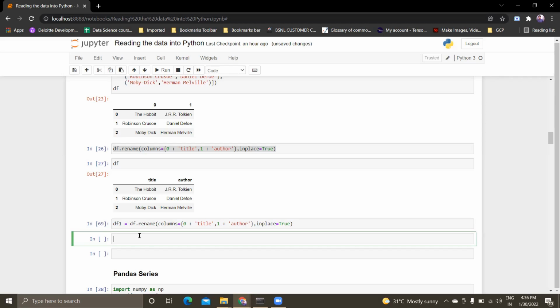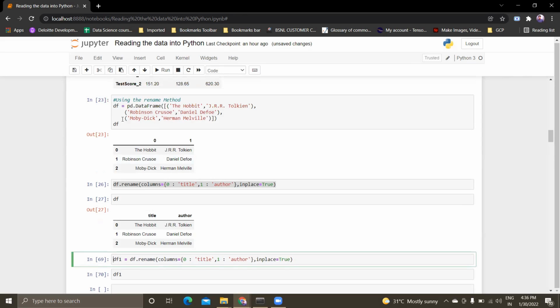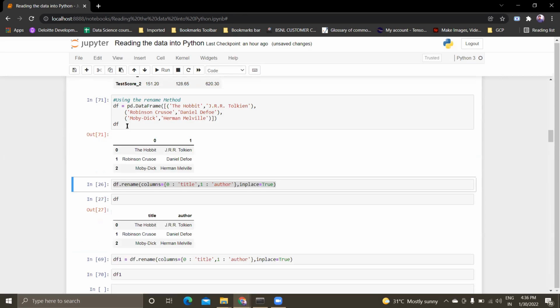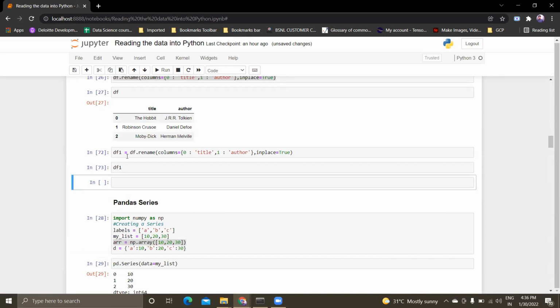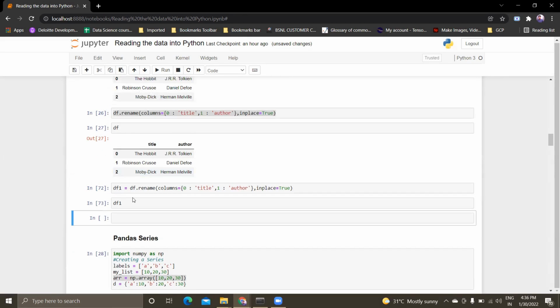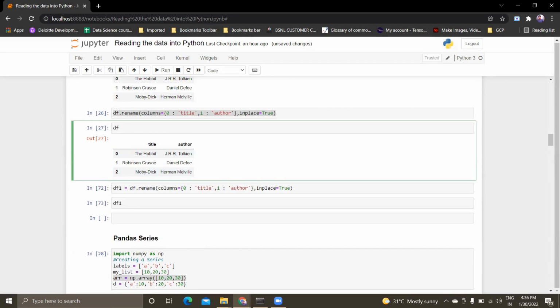If I run this, okay, and if I just want to see it, I write df1.head. Okay, so now df1 is a new data frame. So understood?